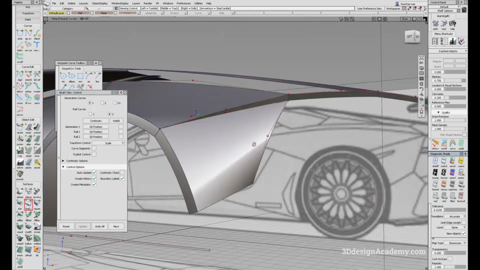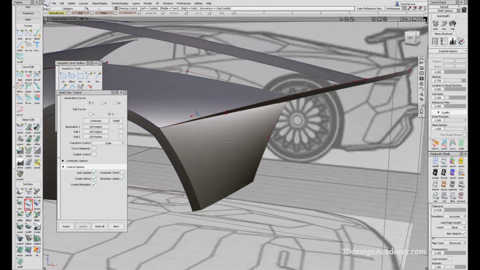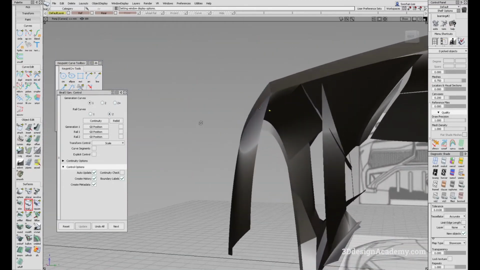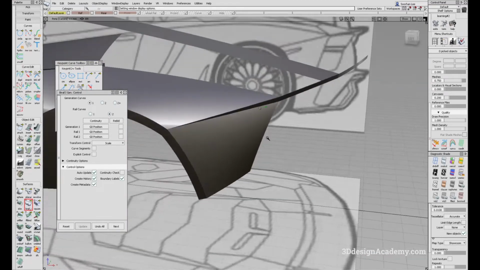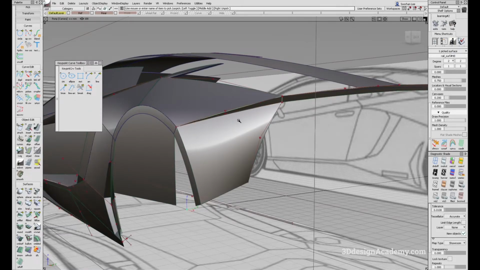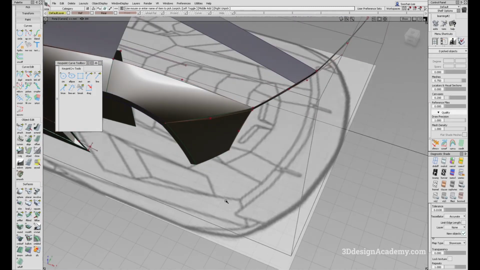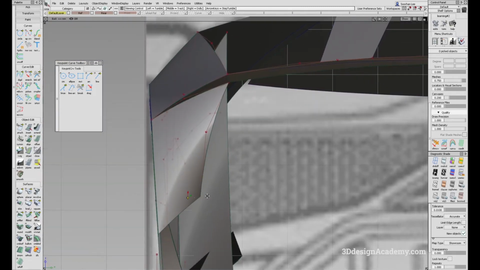Okay, so I think there's a little bit of twist. I don't know if this is how it's supposed to be, but we'll just stick with it for now. However, this is how you create a nice triangle transition from this without having to create an actual triangular surface. So I think that looks pretty good over there, and actually, I might move this outboard a